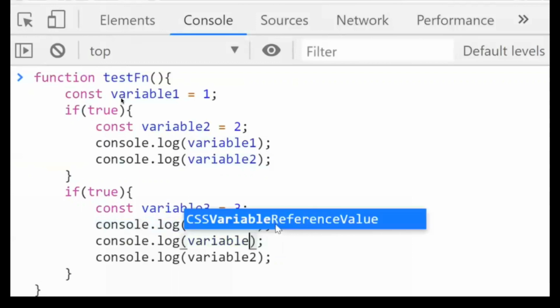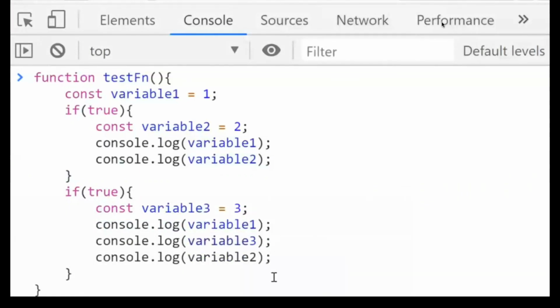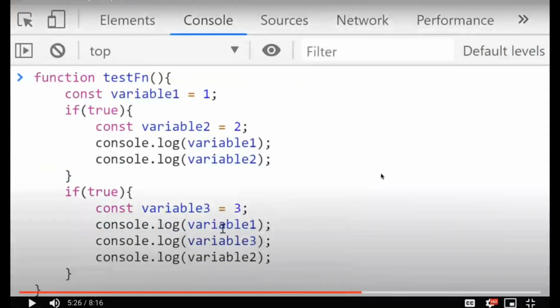Now I'm pausing the video. Try to answer in your mind what the values will be. Variable 1 has a value, but are we able to access it inside console.log?